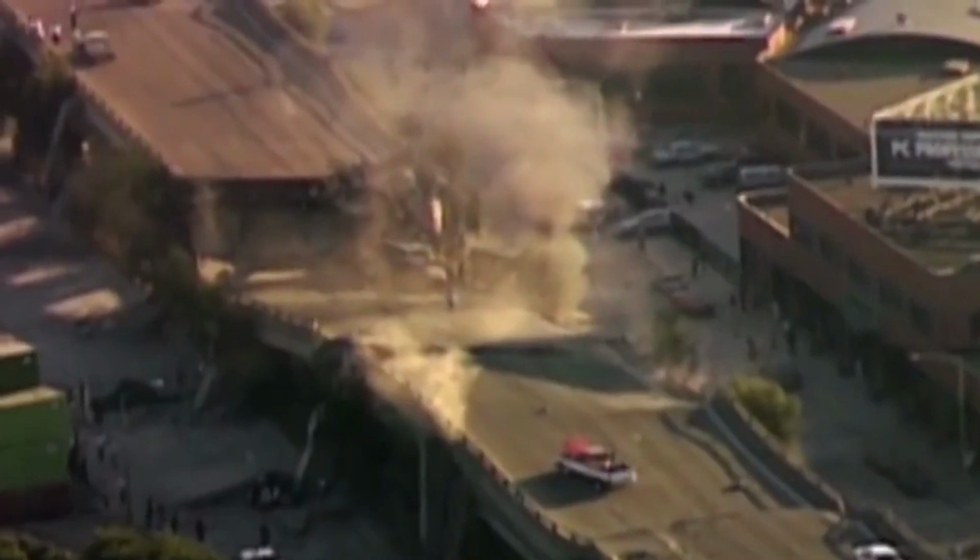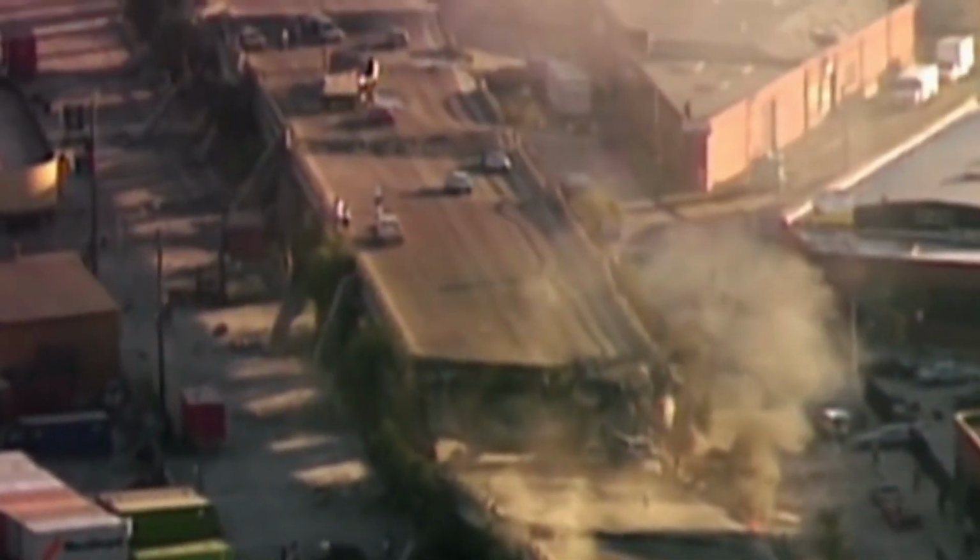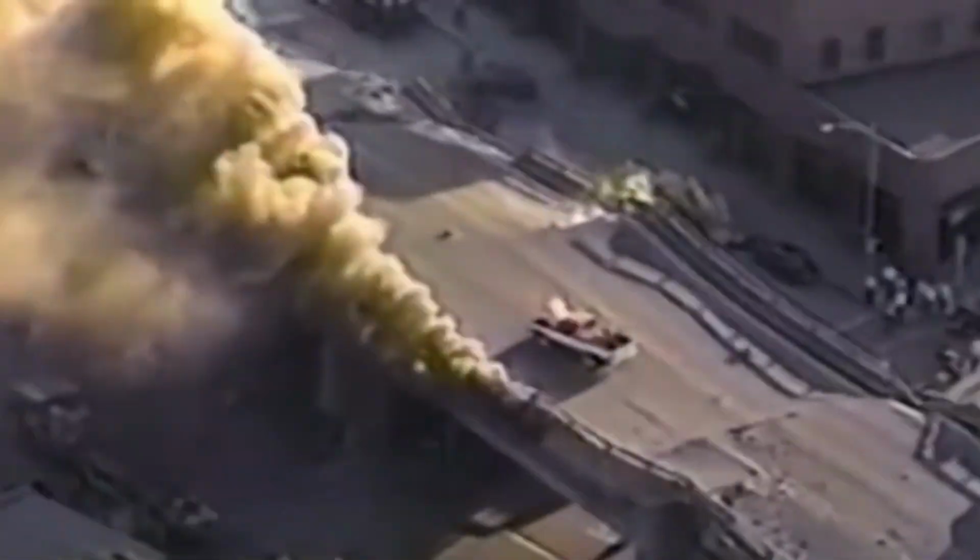The Cypress structure has collapsed. 35238, we have a major injury accident, Cypress and West Grand. Between 17th Street, as far as I can see, going towards...